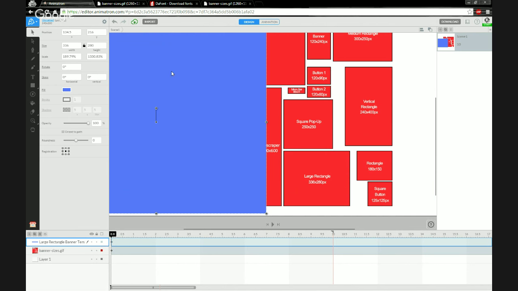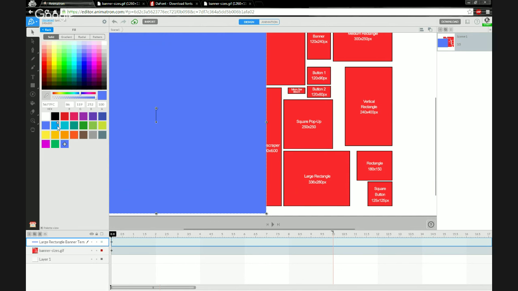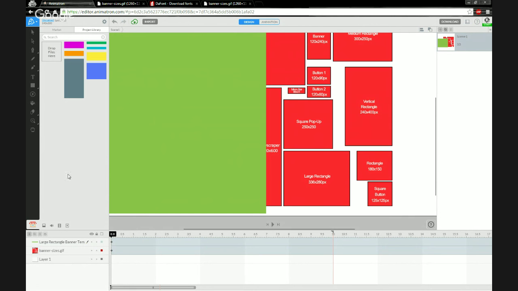So again, go back anytime you want to change any of the parameters of your object. Click on the cursor. It's the easiest way to get back to its object parameters. I'll click on the fill color here. And let's see, what color haven't I used yet? Let's use pink. Or maybe let's use like a forest or lime green here. That works. So I'll go back to my project library and select the object and then re-add it to my